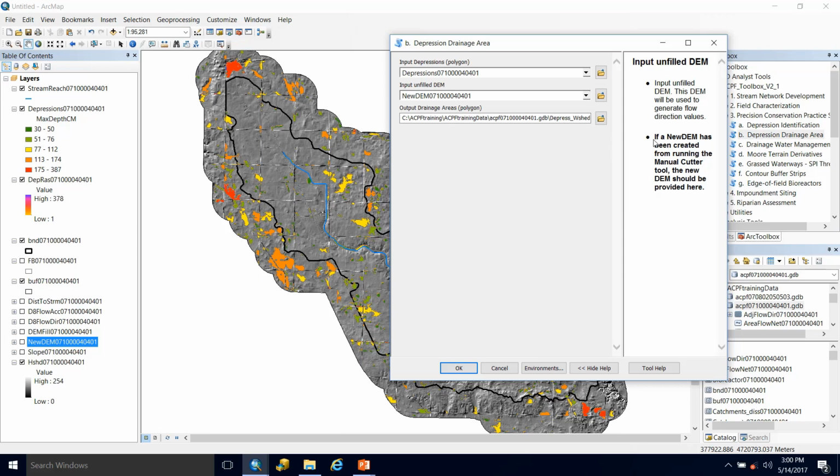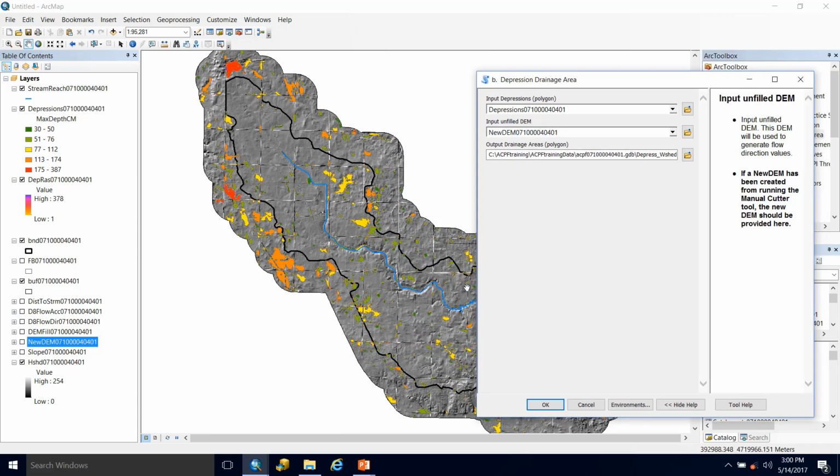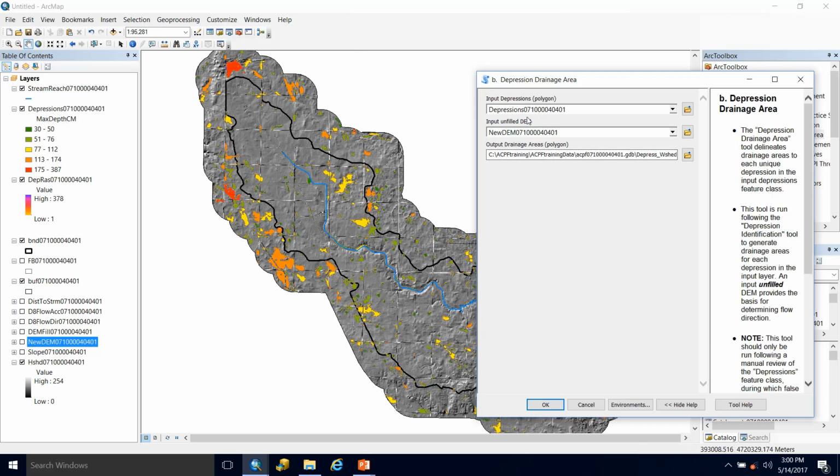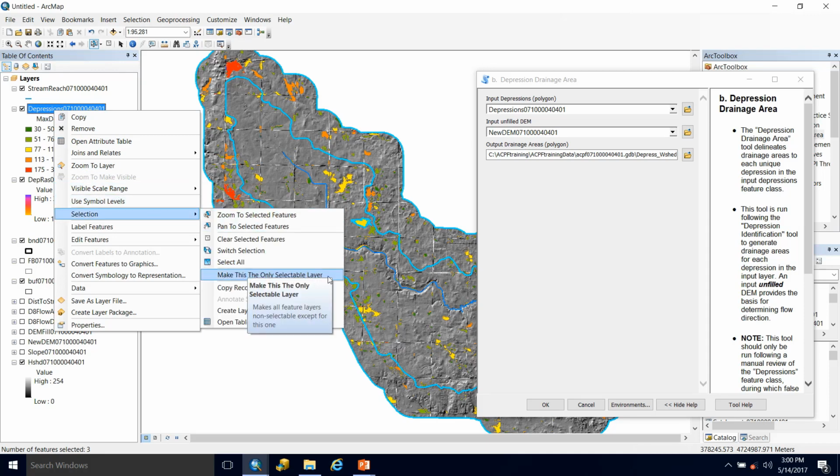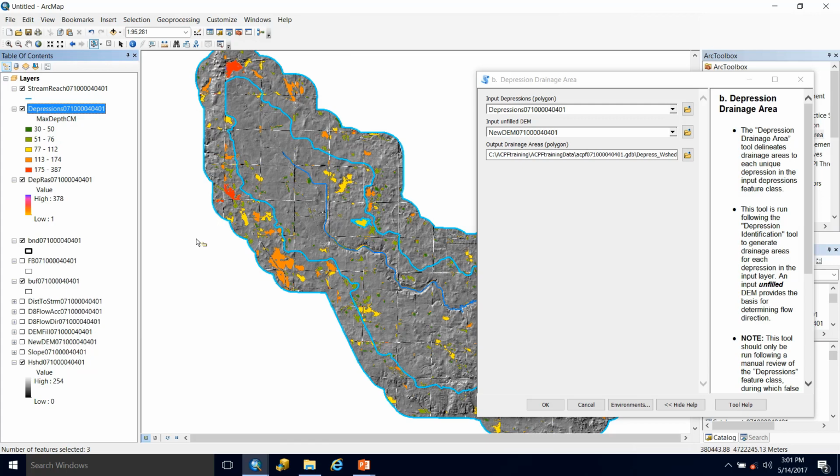I'd also like to point out some options that you have here. Say you're only interested in a few larger depressions within your watershed and not these smaller ones. Before you run this, you can start to select these depressions using this method. Another key thing here would be to right click and go to selection and make this the only selectable layer, so you avoid what I just did, where you can see I've selected the whole watershed boundary and my buffered boundary and everything. So make this the only selectable layer. You can select individual depressions. If you hold down the shift key, you can just move along and keep selecting more.